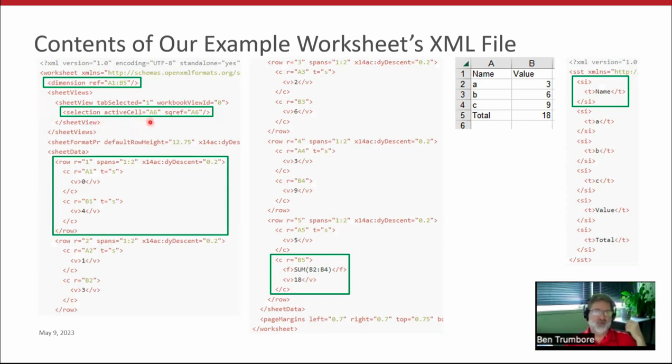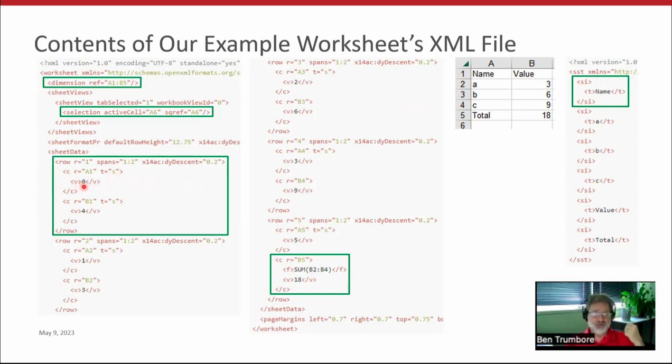So Excel remembers that in the file. You may have wondered, when you start up Excel, how does it remember where my cursor was, which cell I had selected the last time I was using this? That's also stored here in this XML file. Then we get down into the sheet data section, and you'll see here that there is row after row of data that says what's in the worksheet. Within each row, there are cells. That's the C element here. So in this first row of the table, there are